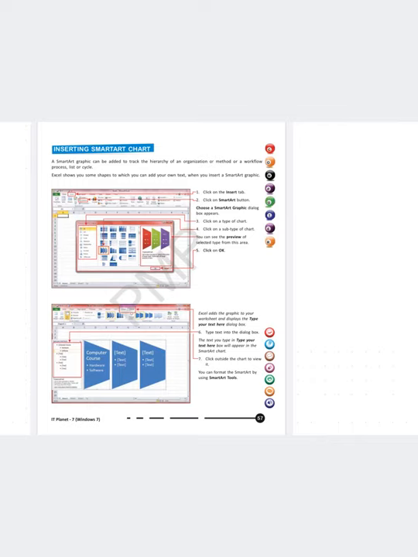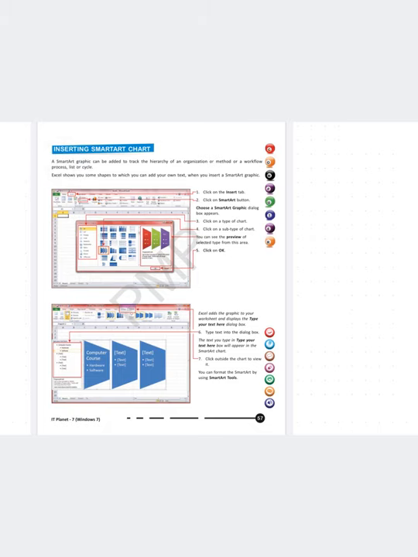Now, inserting smart chart. Before that we need to understand what a smart chart is. A smart chart is a graphic that can be added to track the hierarchy of an organization. Basically a smart chart is used to highlight the progress of any process.